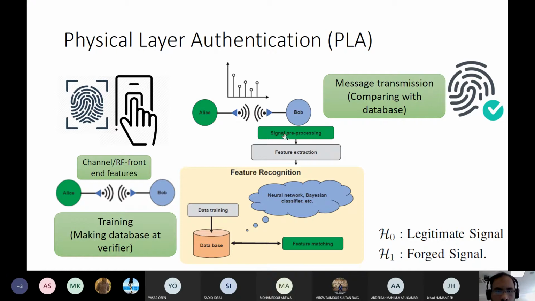First of all, Bob does some signal pre-processing and feature extraction, and then takes the database that it made in the training phase, and compares the current feature with the database. Based on that, it can detect the authentication attack. In this case, different machine learning and deep learning algorithms can be used. So this is the basic example of how passive physical layer authentication works.